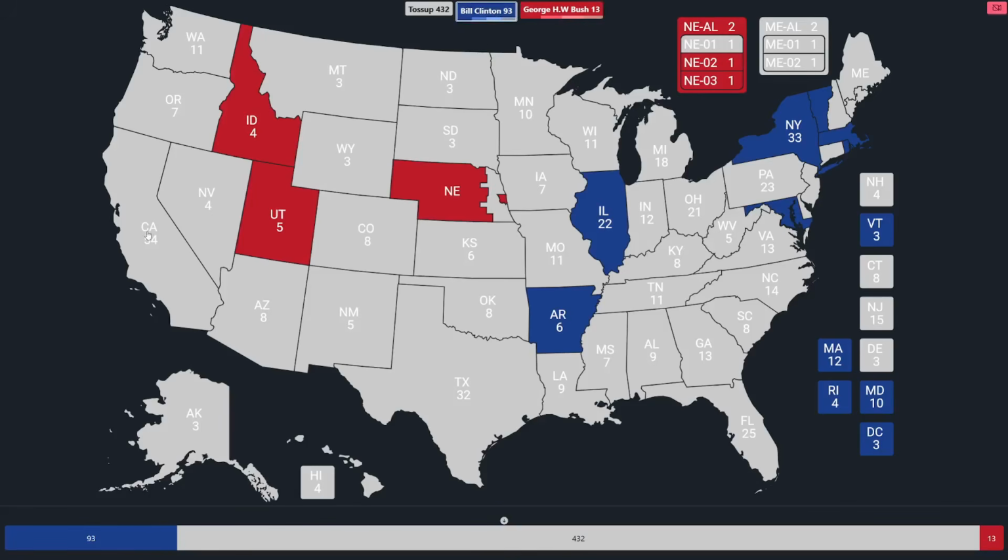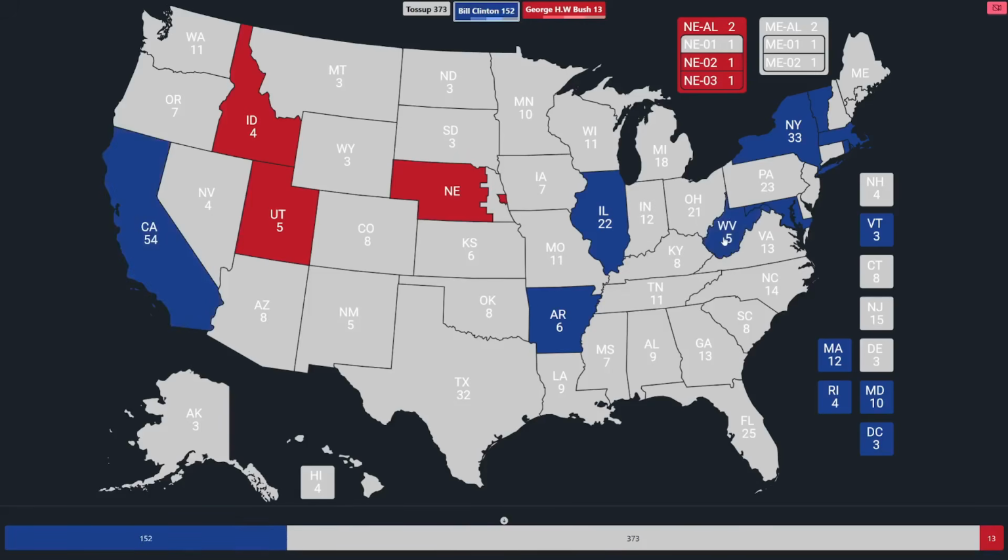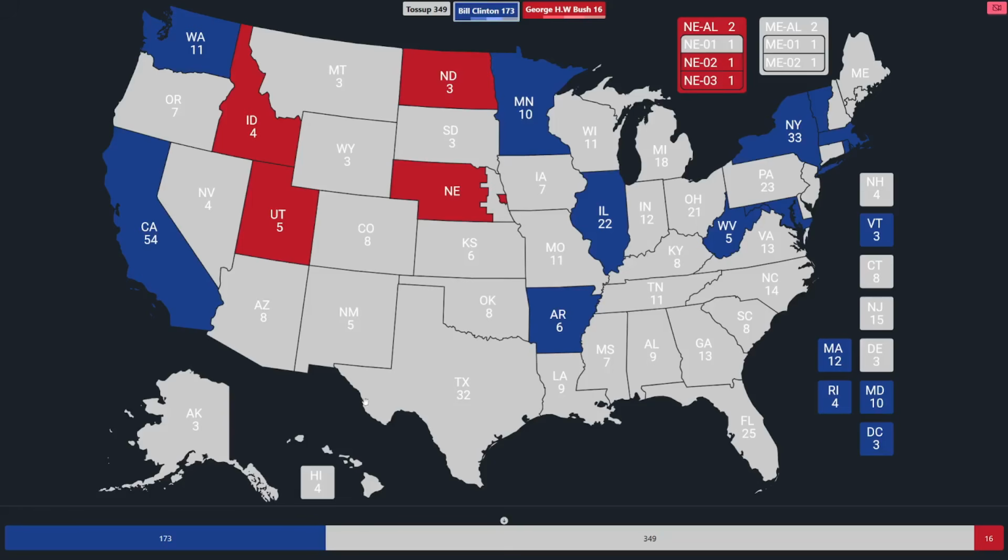On the West Coast, over 13%. It's California. Then back east, we've got West Virginia. Clinton did win that by 13%. Another red state for Bush, it's North Dakota. Now we've got more blue states, between 11 and 12% for Clinton. From widest to narrowest, it's Minnesota, then Washington, then Hawaii, then another district for Bush. It's Nebraska's 1st. The last state over a 10% safe margin goes toward Clinton, and that was Missouri.